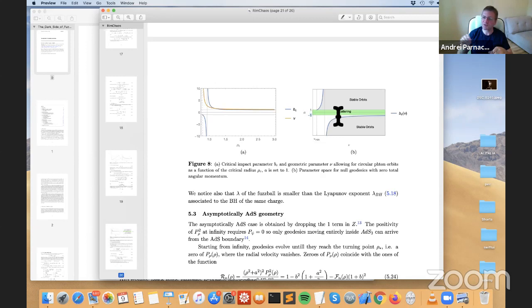Thank you. Yeah, it would be interesting to see how this Lyapunov exponent behaves. Yeah, no, this is very interesting. It's also very interesting if we are able to relate to these correlators you have worked out in the boundary theory. This was the initial motivation to start these studies, but we have not made any progress in this direction.